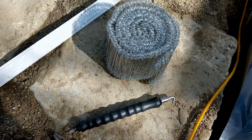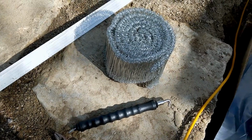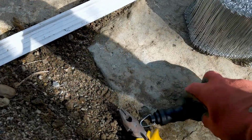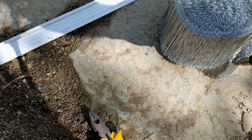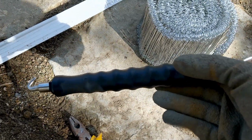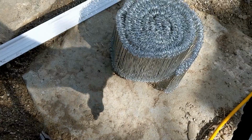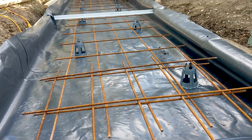Basically, it's a rebar tier, I guess. There's a roll of these little twist ties that are somewhat heavy metal. They're not really that great. And then there's this thing. And basically what you do is you put the 2 loops, you wrap it around with your fingers, and then put 2 loops and you pull on it. And then you put the 2 loops through, and then you pull on it, and it twists it around. So let's see how that works. I've never used one before. So I think all you should have to do